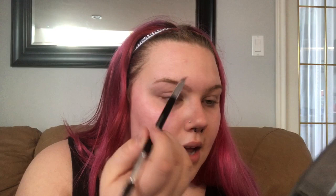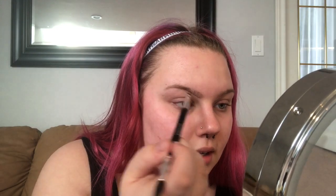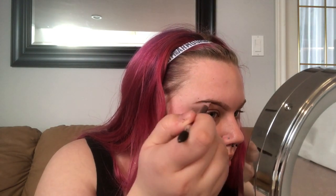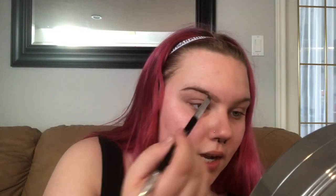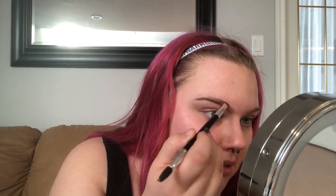I'm just gonna bring my mirror up here a little so you can watch as I make the line underneath. Super light at the front and drag it back, and I turn my face as I go because then I can get all the angles, and that's the underneath line. And I dip back into the product on my hand, and I brush my eyebrows down so that I can see where the line is on the top, and I don't go near the front of my eyebrow. I go kind of where it ends and draw